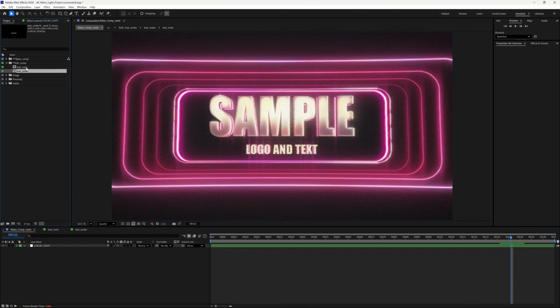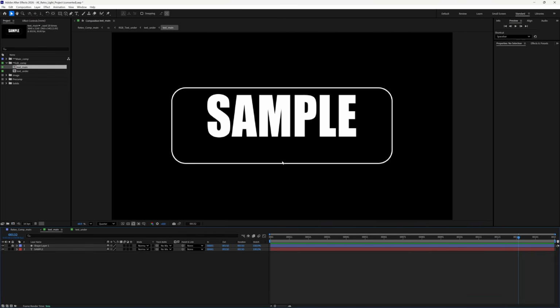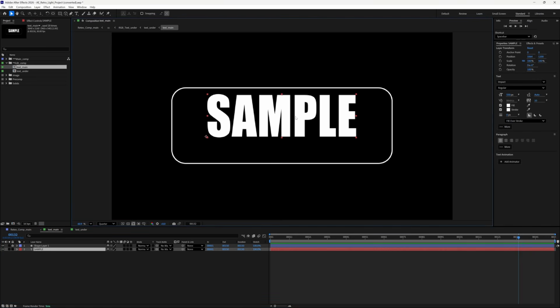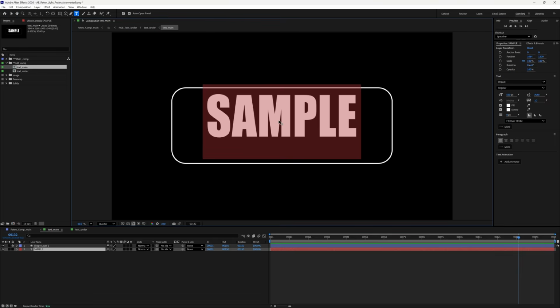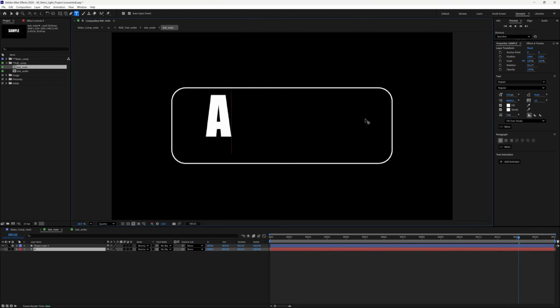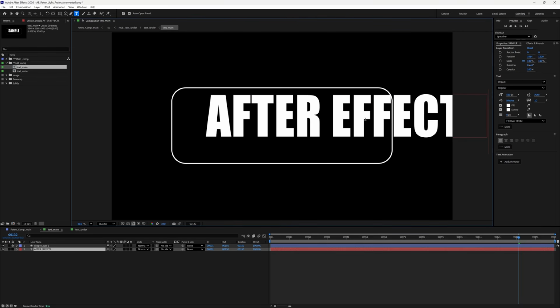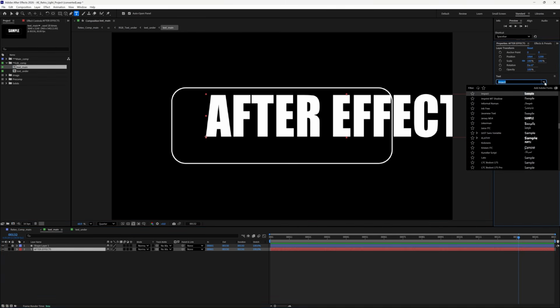So first we're going to double click on Text Main, and that will open up the comp for this text, and you can easily just select the text here, double click on it, and then edit the text. So from here I'm just going to type in After Effects, and then over on the right here you can see we can edit the properties of our text. So make sure that the text is selected, and then we're going to change the font here